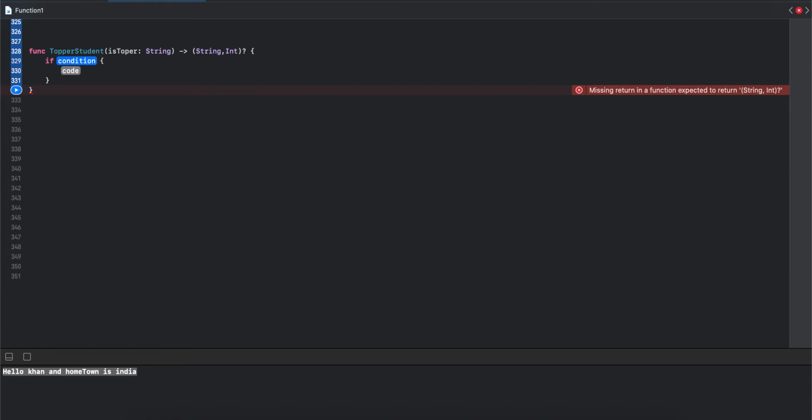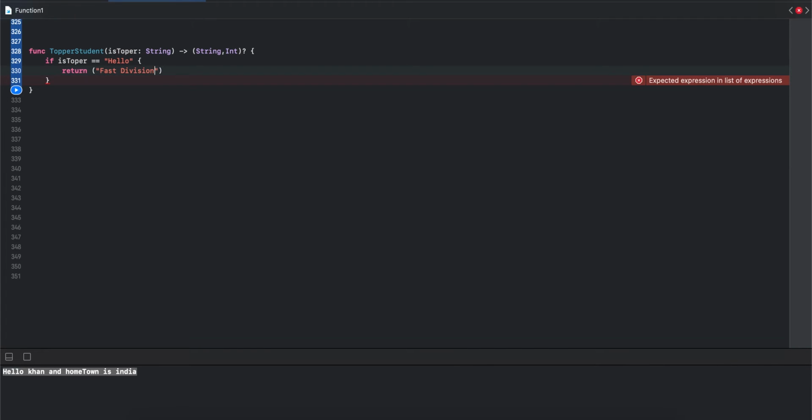Then we are going to create an if statement. If we access topper equal to the string hello, then we return a tuple. This is a tuple: the string is first division and 82 marks, 82%.